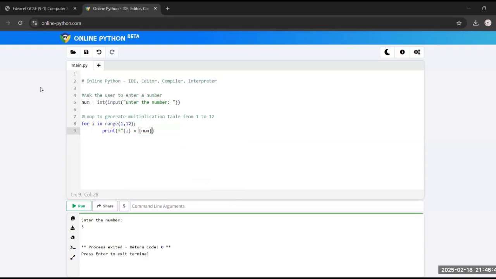Here we are supposed to be using curly brackets since these are supposed to come. i into number means i is the 1 starting with 1. 1 into number is the number which we are going to give, whoever the user is going to give. So i is from 1 to 12. So 1 into 2, 1 into 3, 1 into 4, whatever that. i into num is